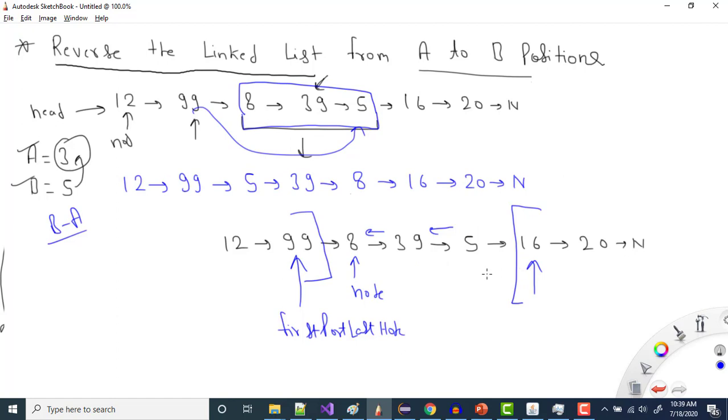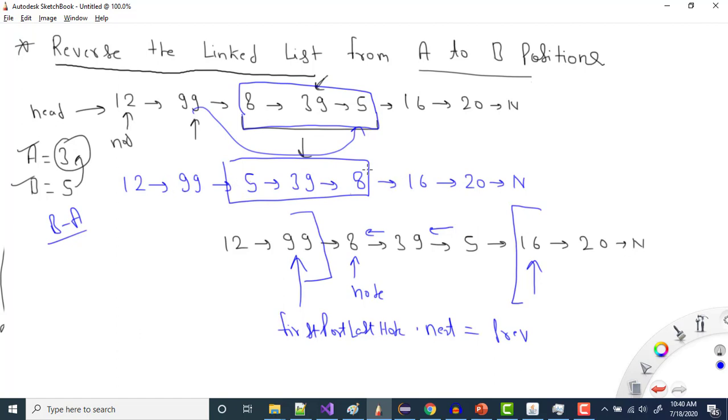And now what I need to do, if you see here, here we have the middle point. Now I need to connect this 99 to 5, right? So I can easily connect this first part last node dot next to point to this previous, because I am always storing the previous. So using this one, this will basically connect from 99 to 5.